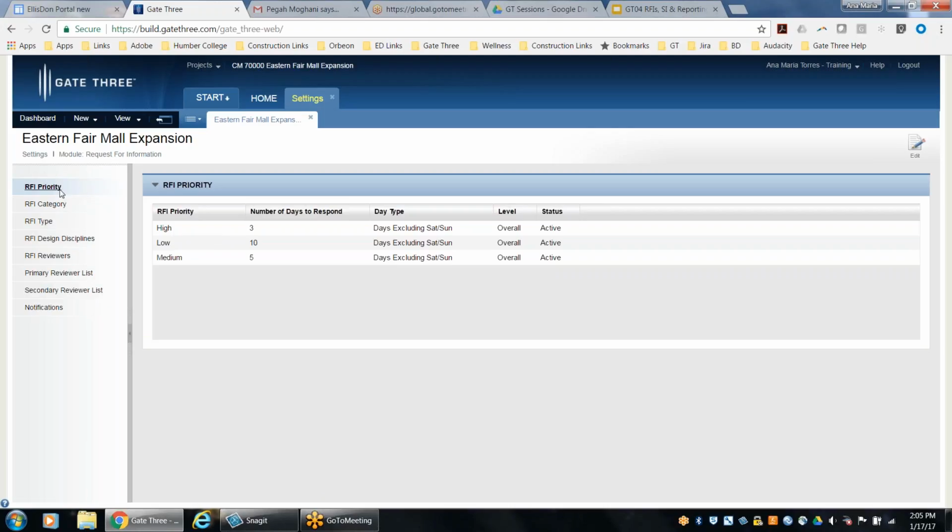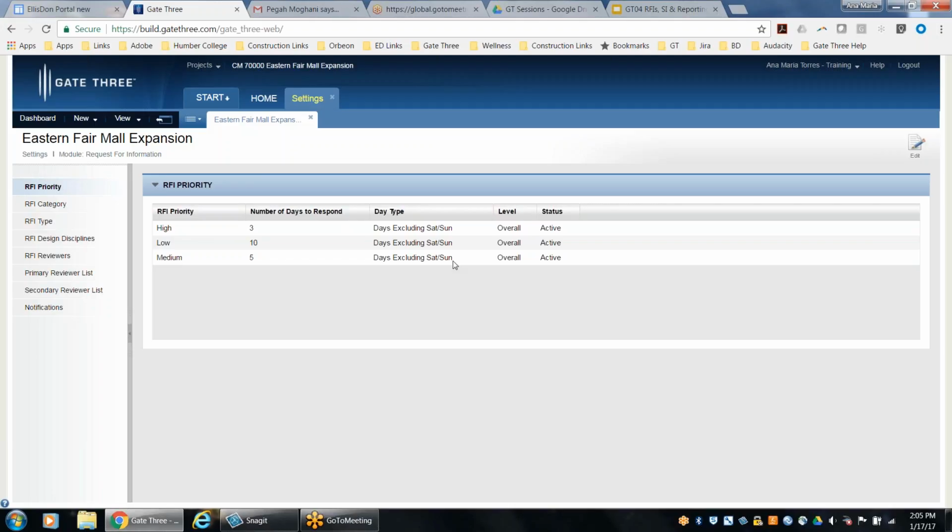So as you can see, the first parameter is RFI priority, which is basically high, low, medium. It's a text priority text field, and it's associated to a number. So based on the RFI priority that you select on the RFI document, the system will automatically calculate when the RFI has to be responded to, or the response has to be provided by the primary consultant. So as you can see, with a RFI priority of high, there's 3 days. And over to the right, under the day type, the system does allow either business days